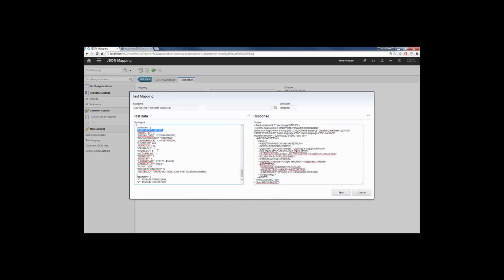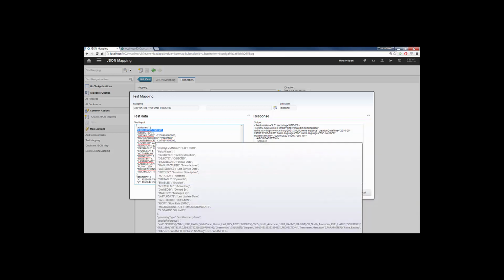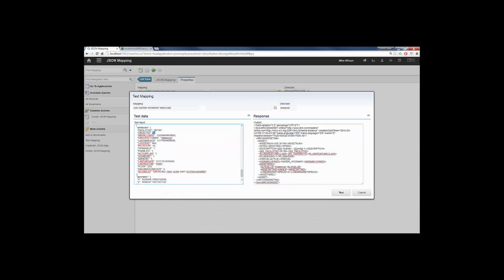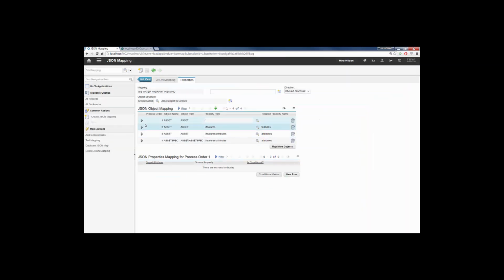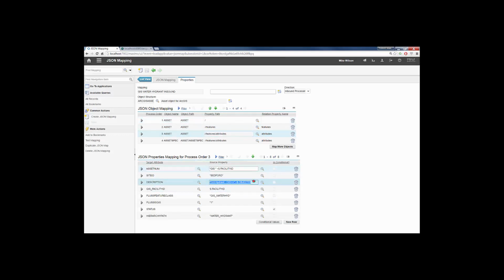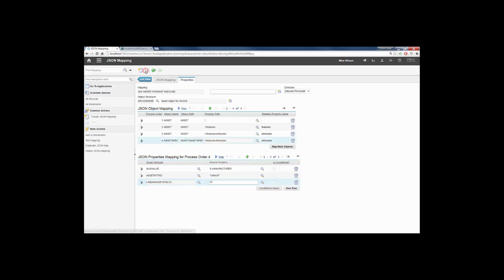Facility ID, and also the object ID that I am using inside the description. Okay. Now that we created our mapping correctly,